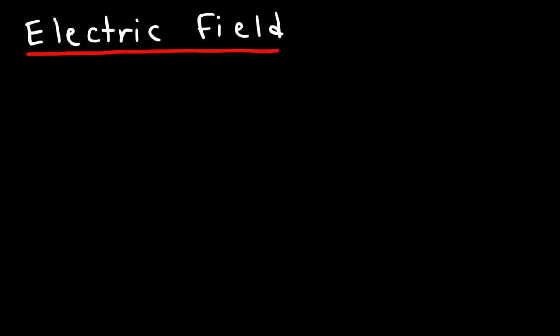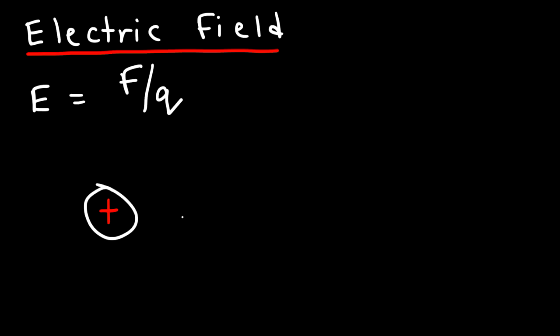So what is the electric field? The electric field is defined as the force exerted on a positive test charge divided by the magnitude of that test charge. And so here's the formula for the electric field. It's equal to force divided by charge. So let's say if we have a positive charge, and let's say this positive charge has a magnitude of 50 microcoulombs, and it feels a force that